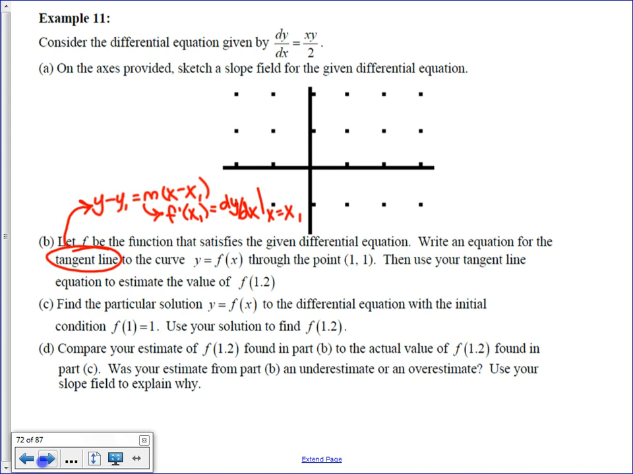Part C, find a particular solution. What would you do? Multiply by dx, divide by y, right? I would actually solve, right? And then D,